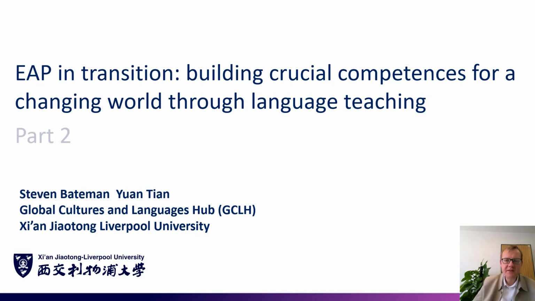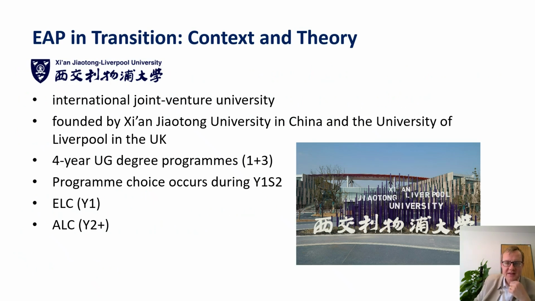So what Yuan has been describing is related to our Academic Literacy Center. At our university, XJTLU, we actually have a 4-year degree program. It's a degree which is accredited by both Liverpool and the Chinese Ministry of Education. But the Liverpool accredited modules only really begin in year 2, so that leaves us the first year in which to get students up to speed, to go through part of that transition process.